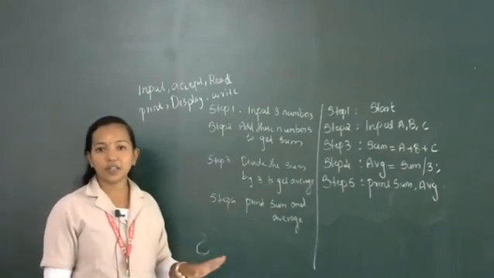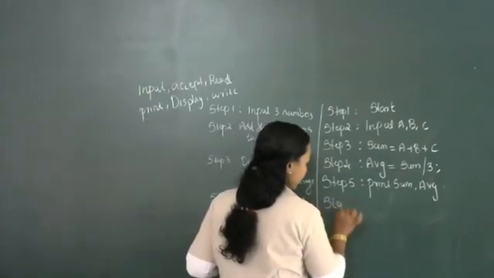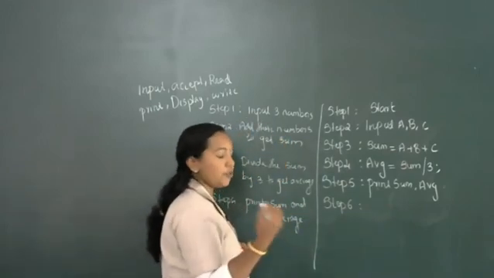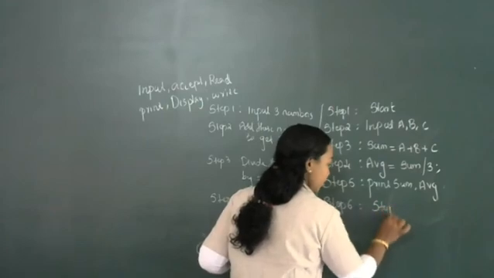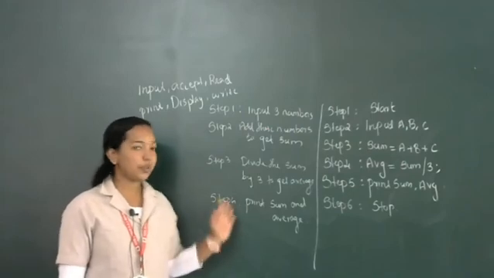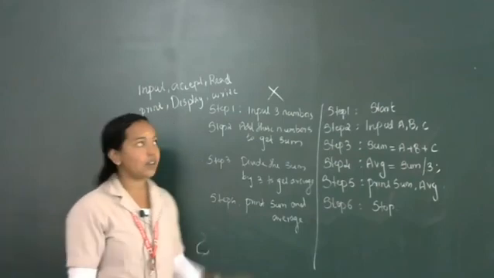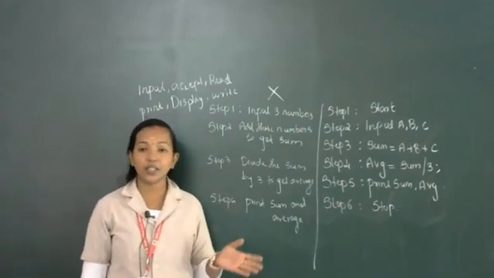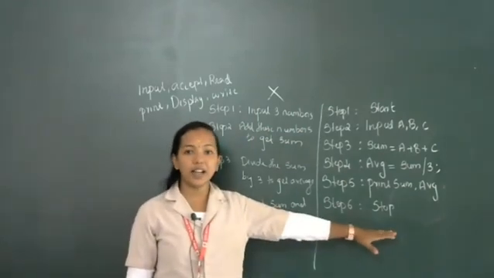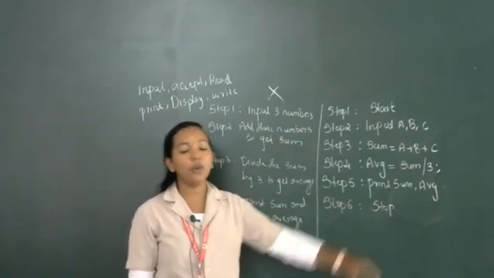Once the instruction is over, or once all the procedure is over, step 6. What will be the last step? Once all the procedure is over, we can stop. Okay, step 6, we can stop. So these are two algorithms. The first is not efficient because we are not using these types of instructions, and it is not short and precise. Always write an algorithm in the second format.